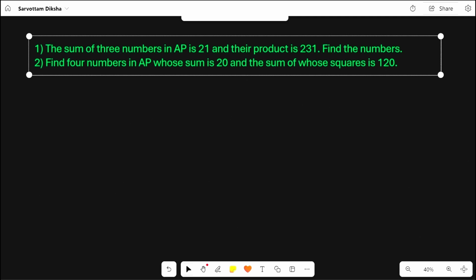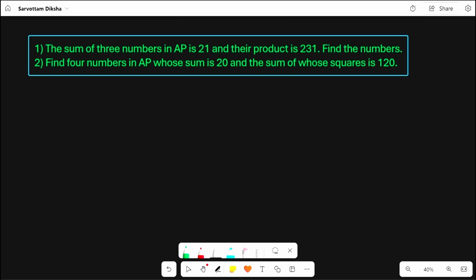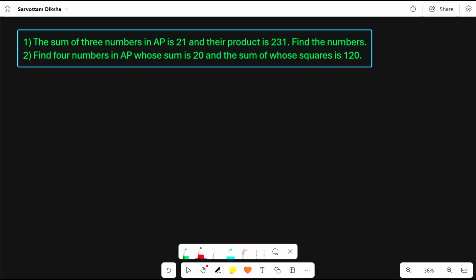We'll see these two questions. Here if you see, they have given me the sum of 3 terms of an AP is 21. Generally, if they are talking about 3 numbers, how do we take the numbers? A, because this is how my AP works, right? A plus D and A plus 2D. They have told me the sum. This is what I have. In the end, I will get A plus D as 7.